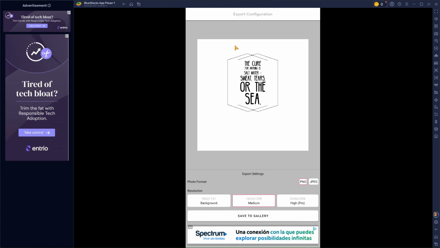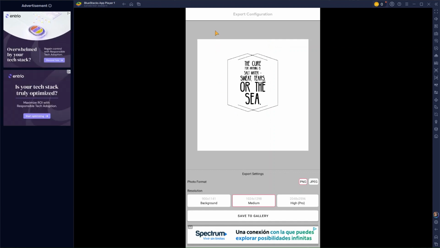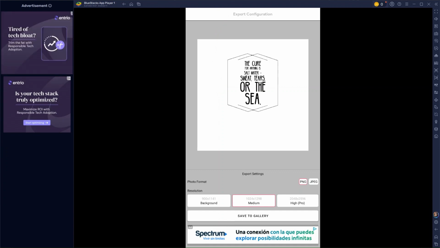We could make this design fit the full screen and it still looks small on t-shirts or whatever we're trying to use it for. The only thing we could probably use this for is maybe a logo or something like that. We're going to be using something small, but for print on demand, we definitely would want this to be a lot bigger. So that's why I recommend Typographic, because it has a lot of free things, and